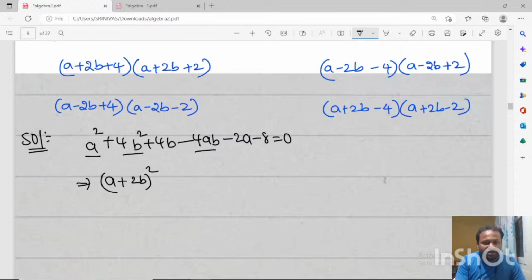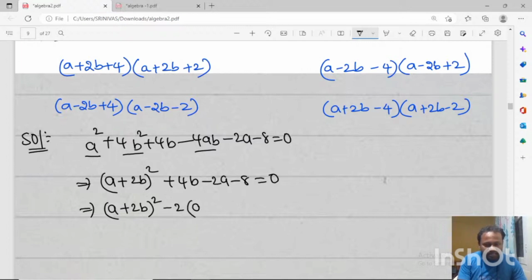Next, what about the remaining terms? The remaining will be minus plus 2ab, b square, a square plus b square plus 2ab plus 4b minus 2a minus 8 is equal to 0. Okay. From this I will write it as a plus 2b whole square. From this I will take out 2 common. We will get